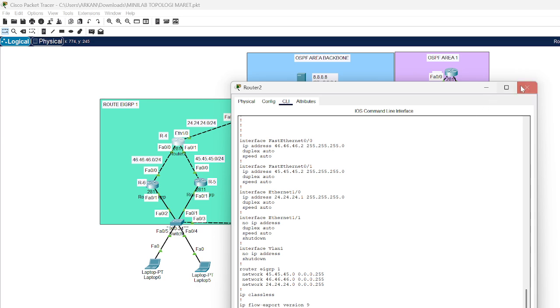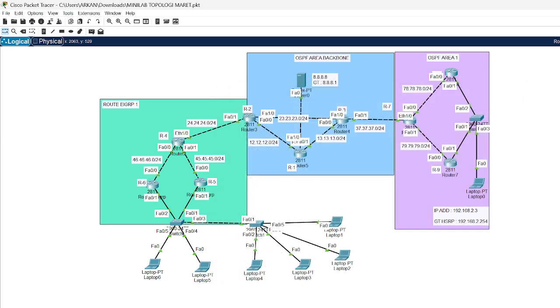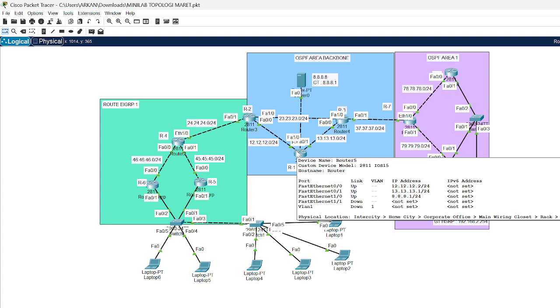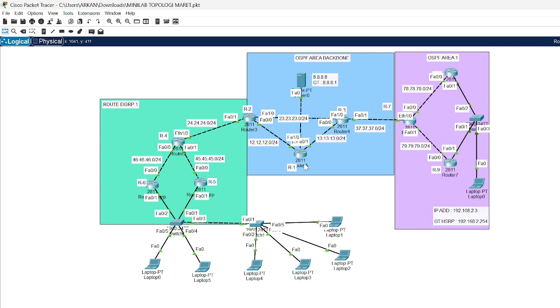And then we go to the OSPF area. In OSPF area, there are four networks that I have, that I make: network 12, 30, 37, 23, and then 8.8.8.1 is the server, from router 1 to 7.